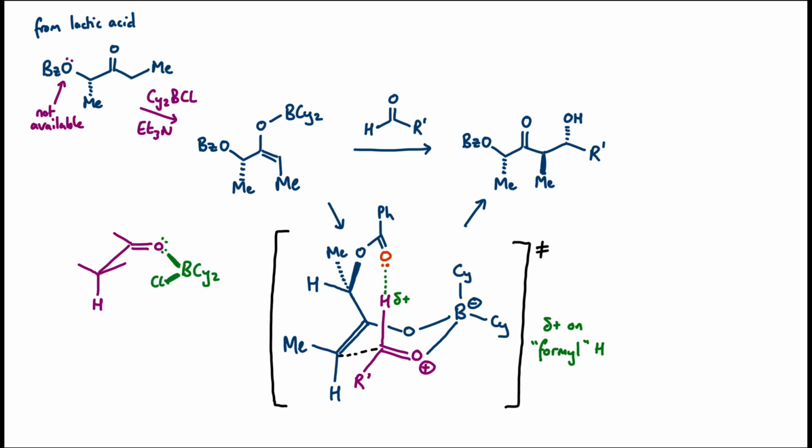Some computational work suggests that there's also some sort of interaction between this hydrogen and the chloride, sort of like another non-classical hydrogen bond, which further stabilises this conformation, although strictly the argument would be the same whether this was there or not. Just putting the remaining groups on here, there's a methyl group at the front. Exactly as we had before, we're going to want to keep big groups away from that. In fact, we can put the hydrogen into the eclipse position right now because we're about to form the enolate after deprotonation. And so the remaining groups will go on something like this, ready for our weak base to deprotonate